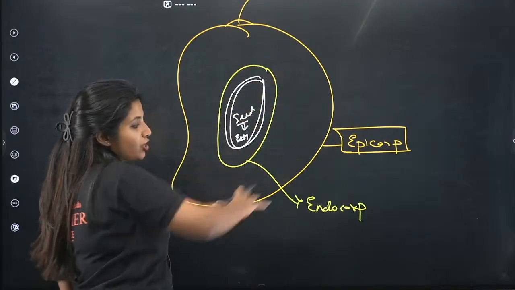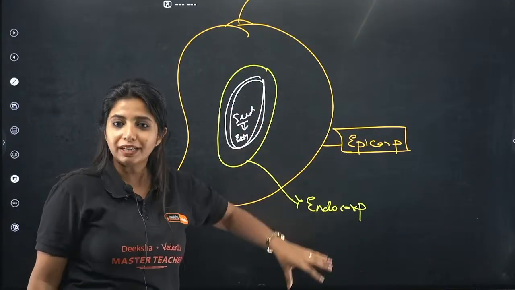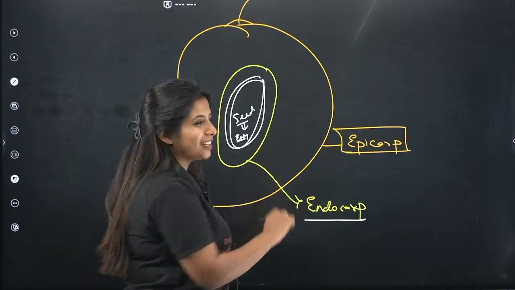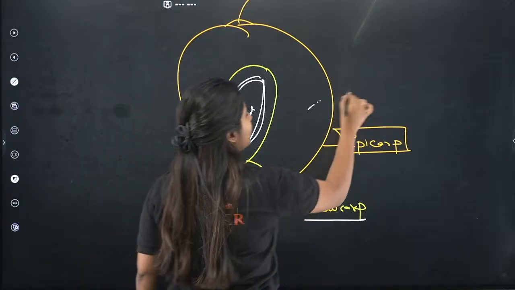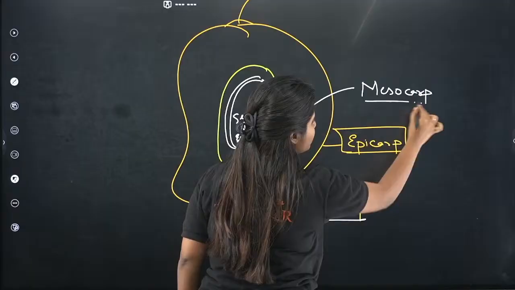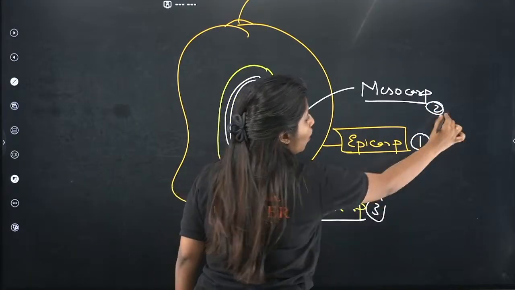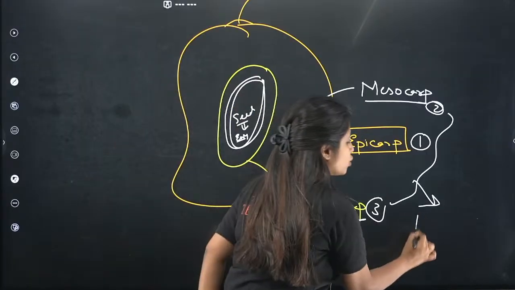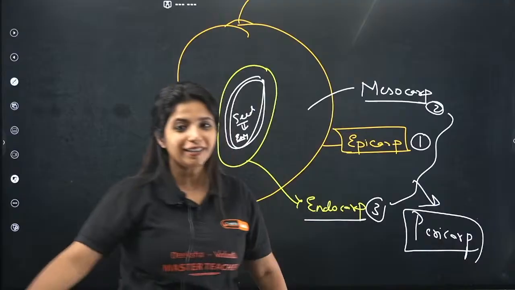But this hard shell that you have is a part of the fruit only, a part of the ovary itself, and that is known as endocarp. And the middle portion that you eat, what do you call that? That particular thing is known as mesocarp. So epicarp, mesocarp, endocarp, all put together, they are the walls of the ovary, which you call as pericarp.